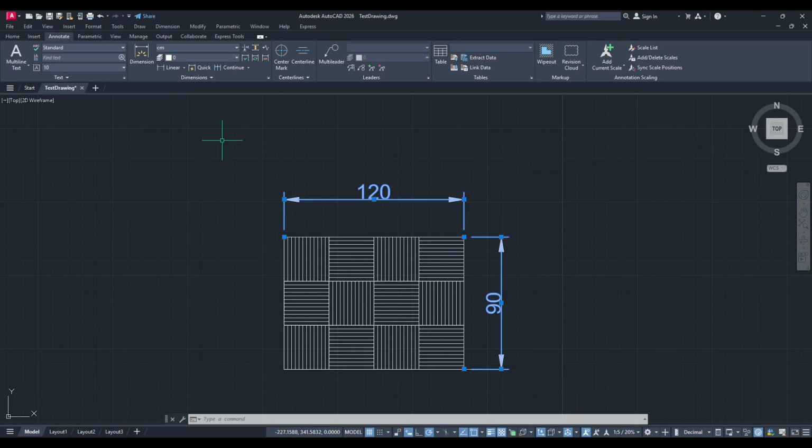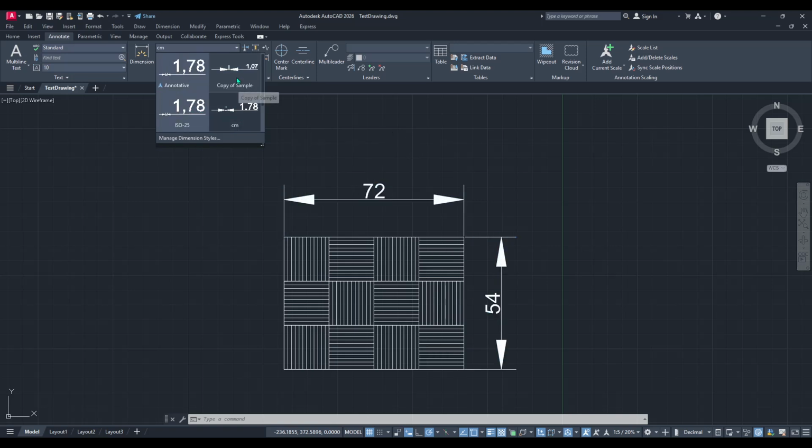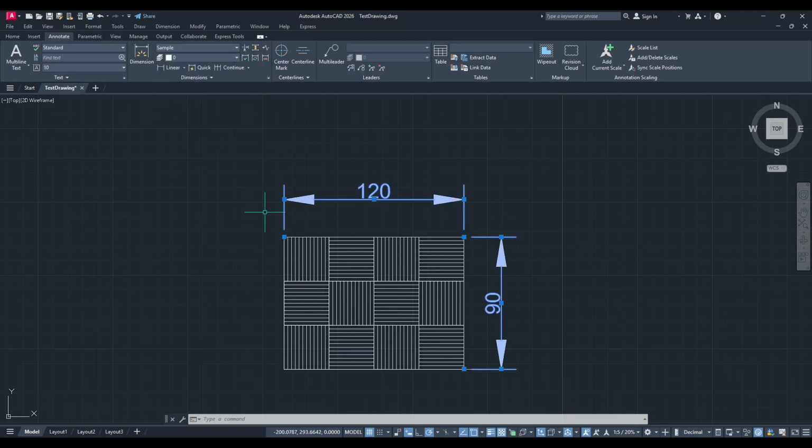Once there, locate the drop-down menu specifically for dimensions. This menu controls which dimension style is in effect for the selected dimensions. Clicking this drop-down will reveal the list of available dimension styles, including the one you've just set as current. Select it from the list, and AutoCAD will instantly apply the style to your selected dimensions, bringing everything into alignment